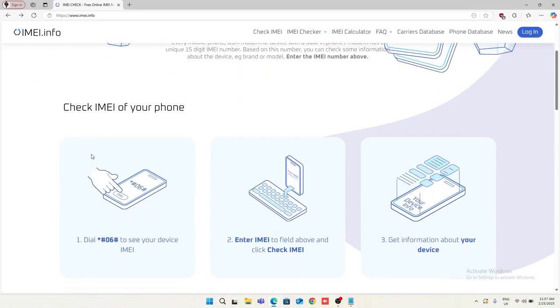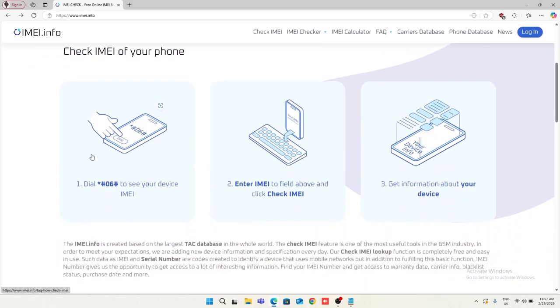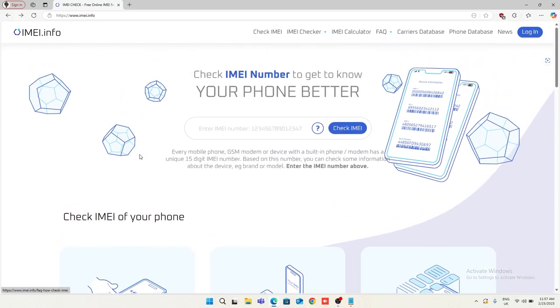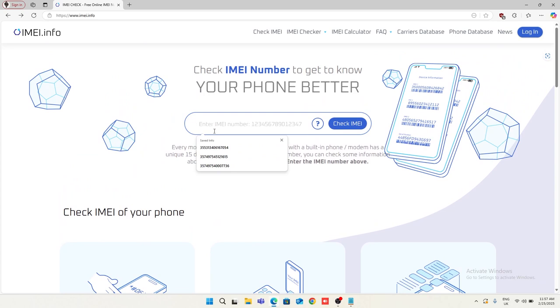So first you have to have your IMEI number, so just dial this number in your phone app, or if it got stolen it should be somewhere in the box, I believe. And then enter it in the IMEI.info website right here. Press check IMEI,